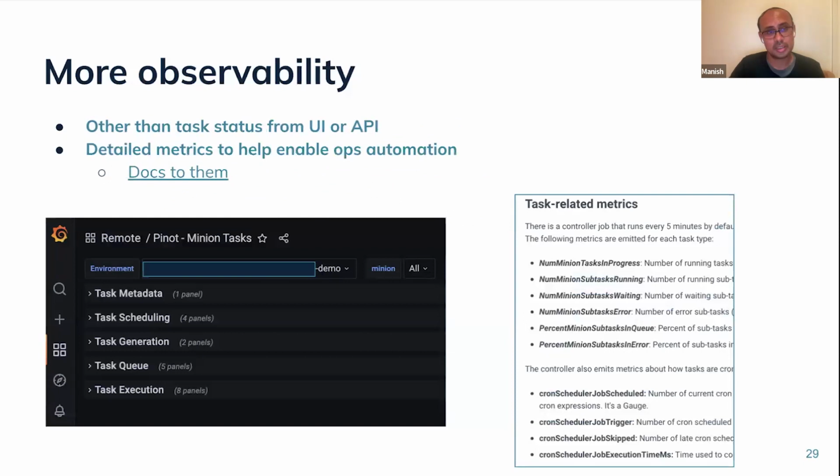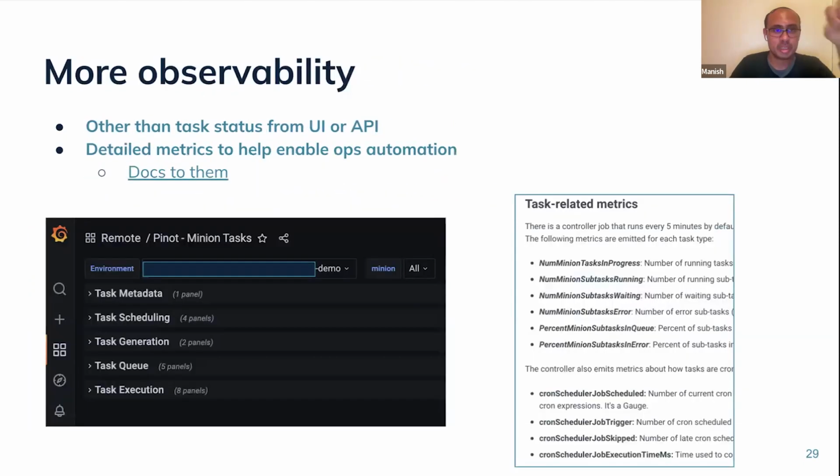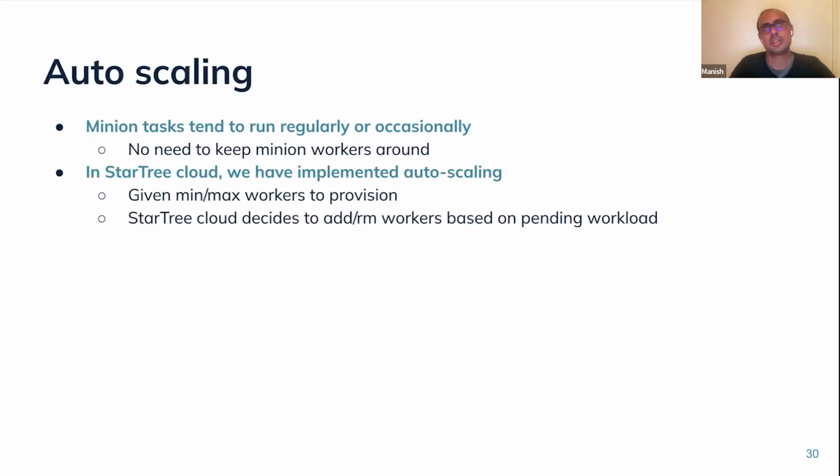So auto scaling. I mentioned minions being the ones that do the work, and if you look at these batch tasks, sometimes customers may do it one time, or they might schedule it during some time of the day, and so on, right? You don't need to have all those minions sitting around all the time. You want those minions when you actually start this ingestion job.